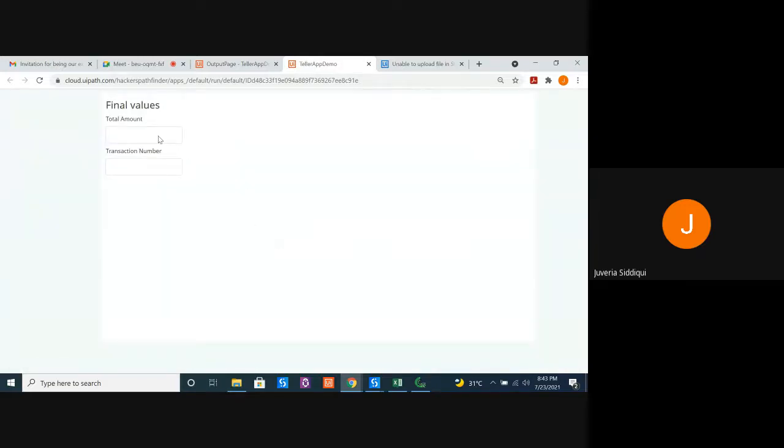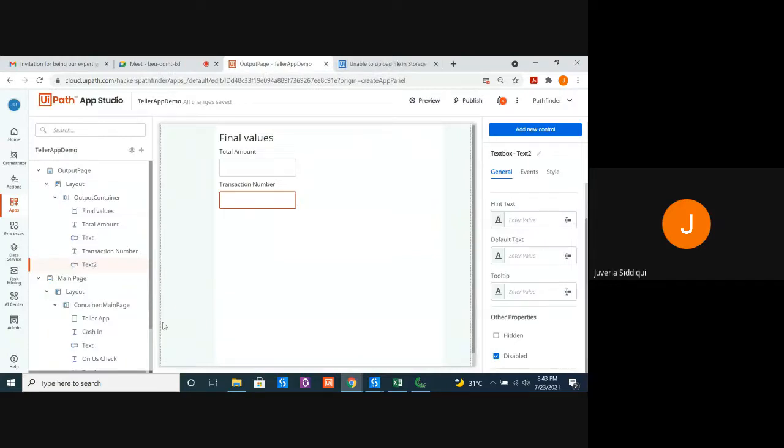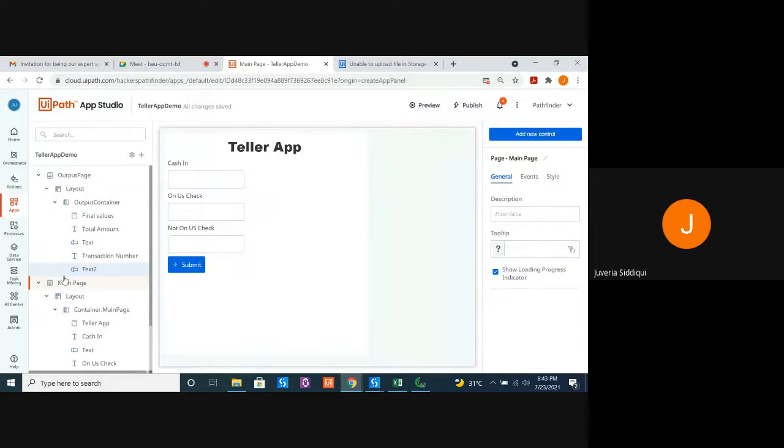If you see, I can't type anything. I can't even select this text box because I disabled it, right? So this is one property that I wanted you to see. To configure your start page, whichever page you want to make your main page, select it, right click on it and set it as start page. That's it. It is as simple as that.